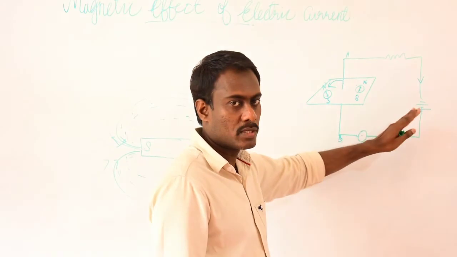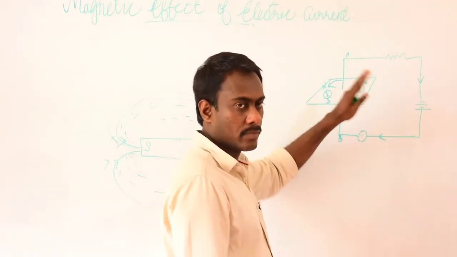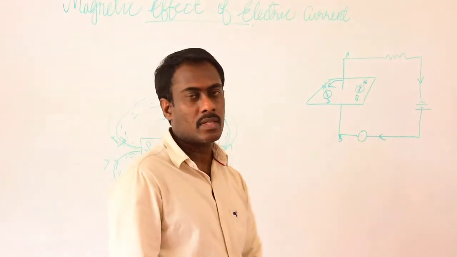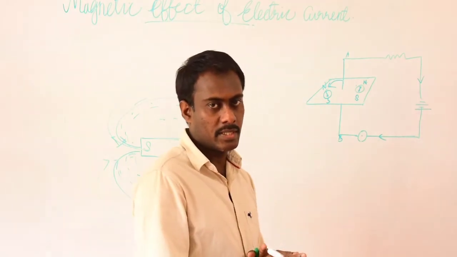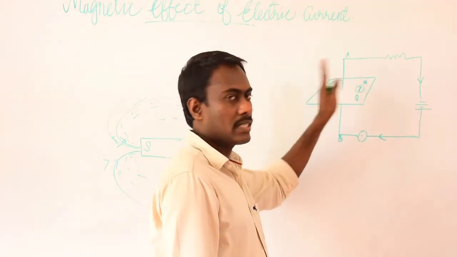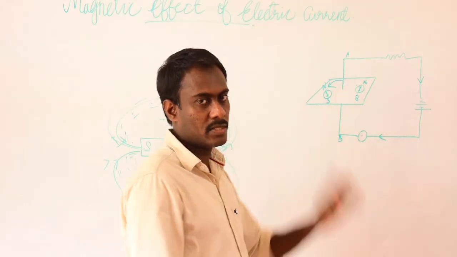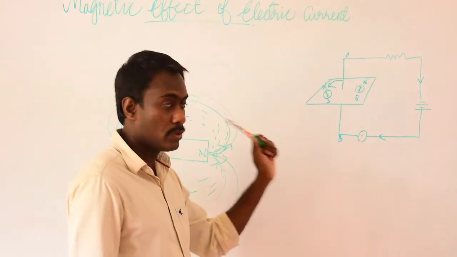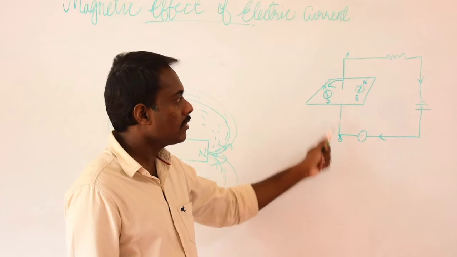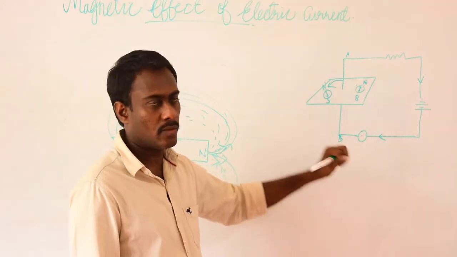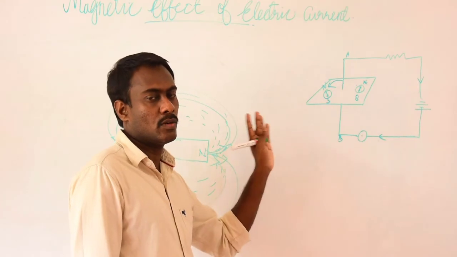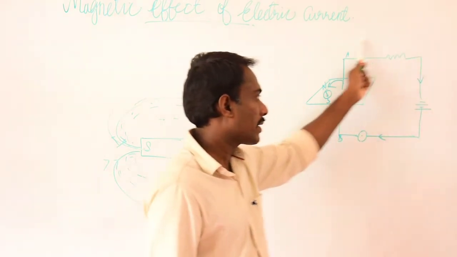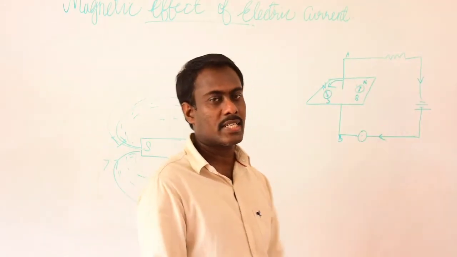So in these two cases, when the direction of the electric current is reversed, then the magnetic compass produced a deflection in the opposite direction. That means if the direction of the electric current is reversed, then the deflection produced by the magnetic field is also reversed. So a current carrying conductor can produce a magnetic field, and by changing the direction of flow of electric current, we can change the direction of the magnetic field too. So this is the magnetic field produced by a current carrying straight conductor.